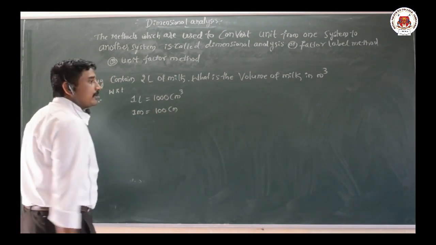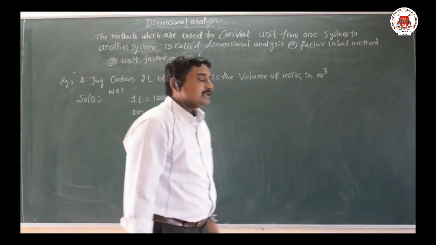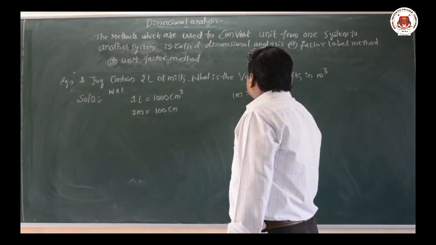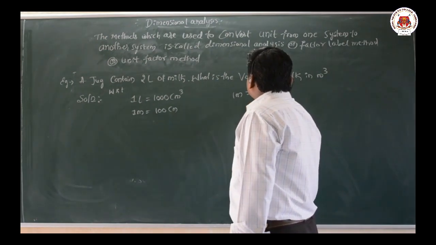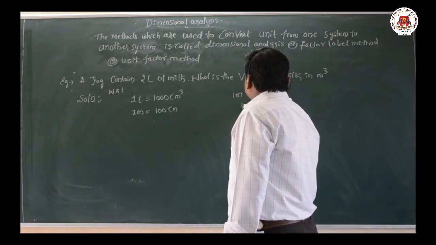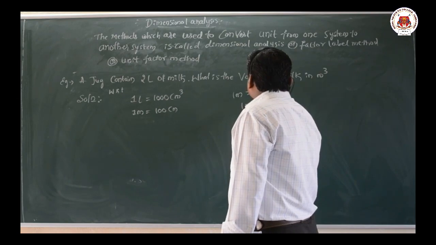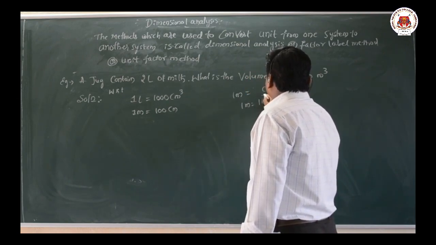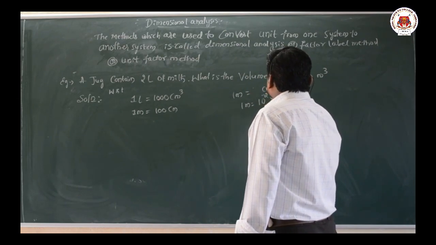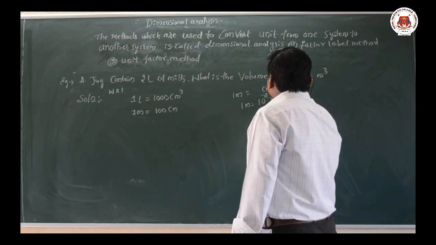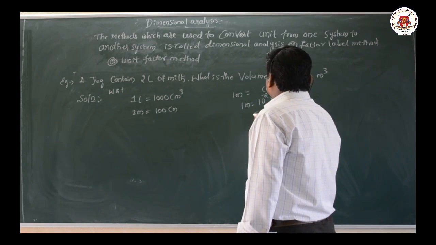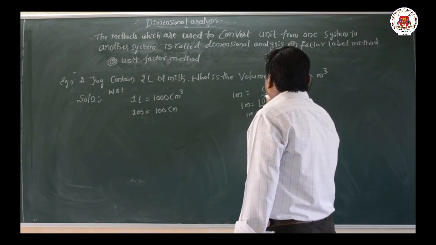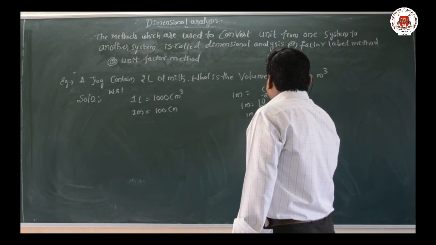Last class, in previous videos, we have seen this. So here I will just remind once, 1 meter equals how much centimeter? Now 1 meter, you have to introduce centi. So you can write here 10 to the power of minus 2 into 10 to the power of 2, that is meter. So for introducing this centi, you have to keep this 10 to the power of minus 2 as centimeter.